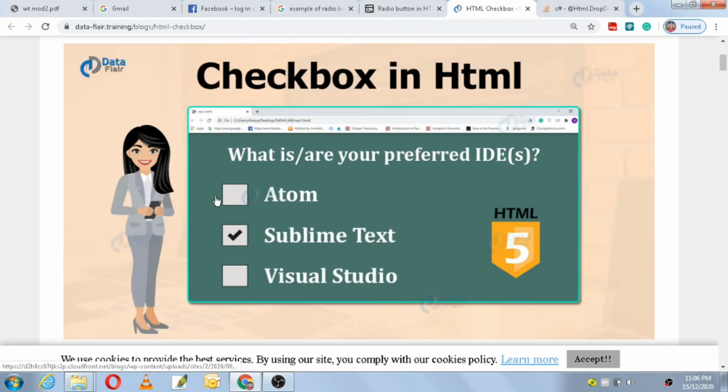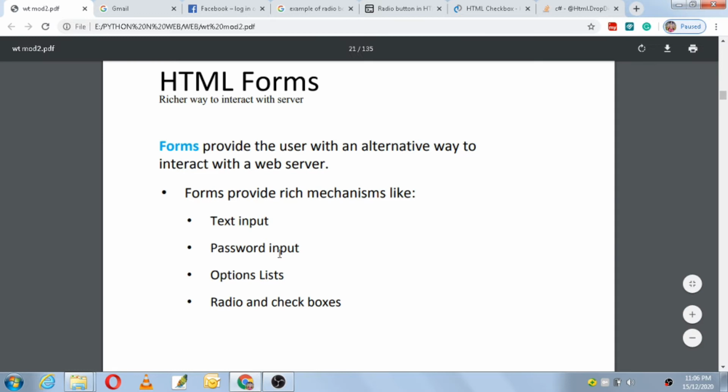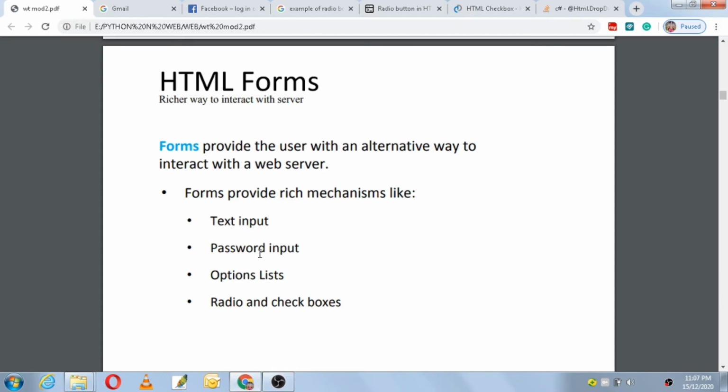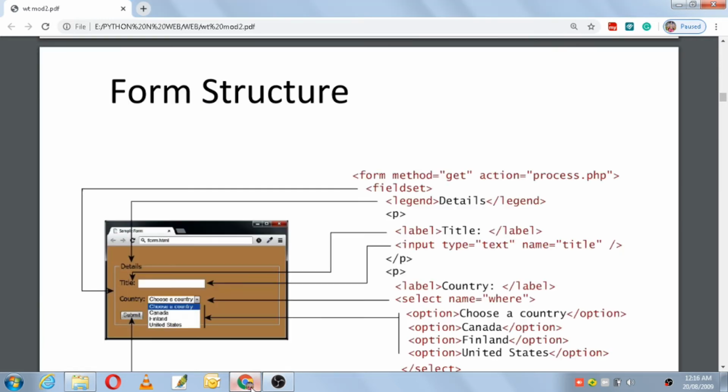Checkbox is where it ticks for you, ticks in that particular pattern here. So forms provide all these types of inputs. Form does not only contain text, it contains different types of inputs. So we'll be seeing how we'll be able to create all those inputs using HTML.